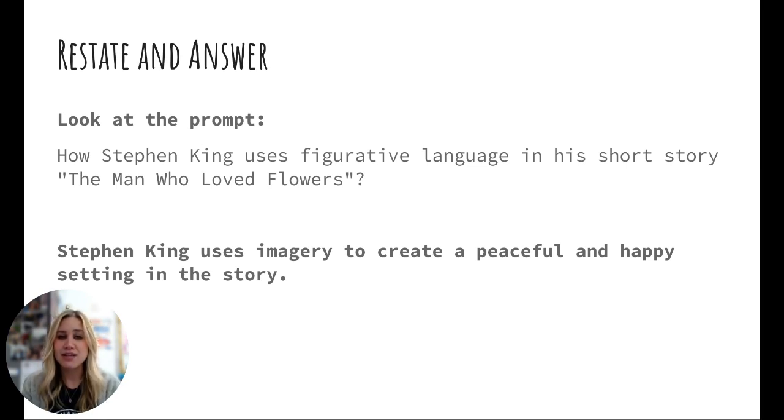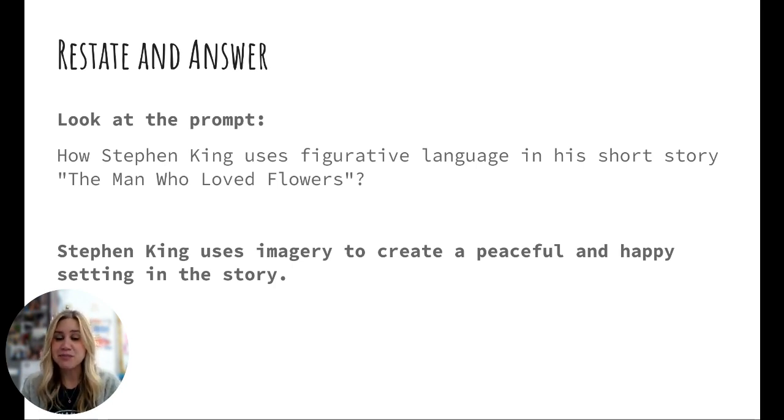Stephen King uses, and then you have to choose some sort of figurative language. I chose imagery. So Stephen King uses imagery to, now here's where I have to answer the question. What does he use imagery to do? Why is he using imagery? And my answer was, he uses imagery to create a peaceful and happy setting